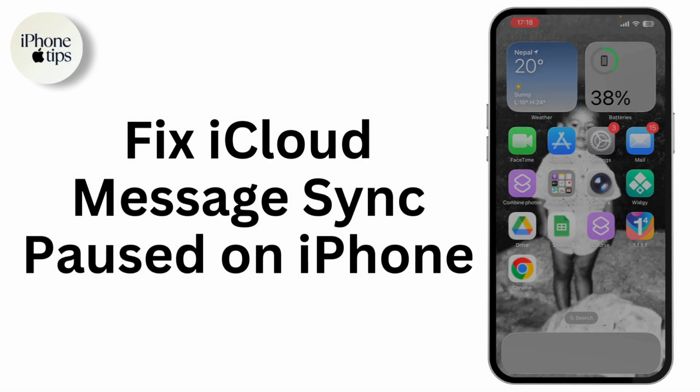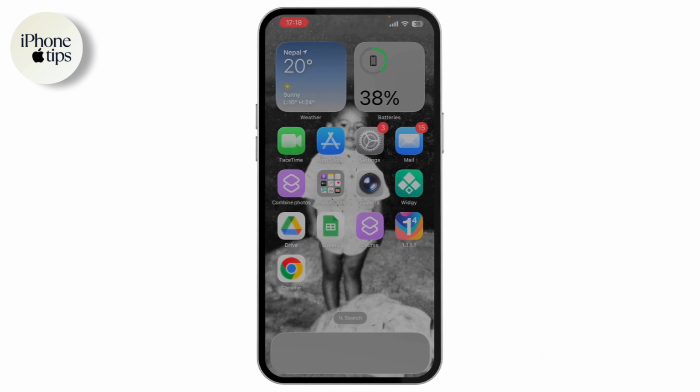How to fix iCloud message sync paused on iPhone. So if you want to fix iCloud message sync paused on your iPhone, then what you need to do is